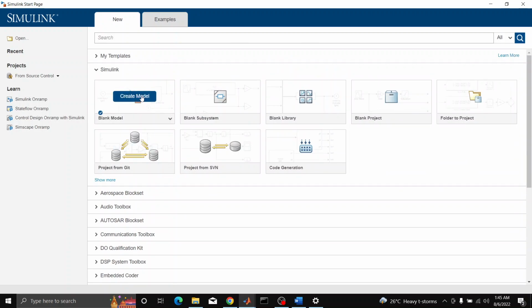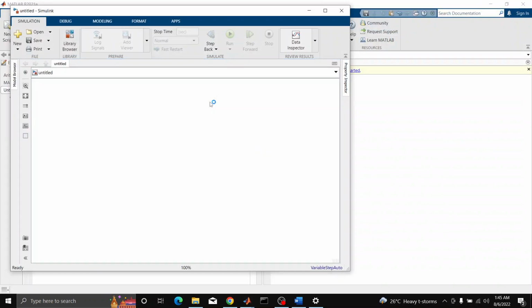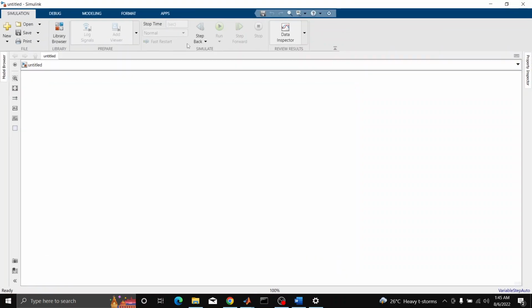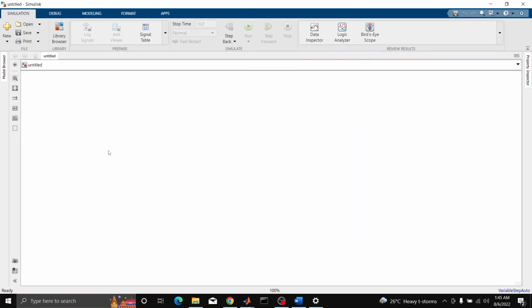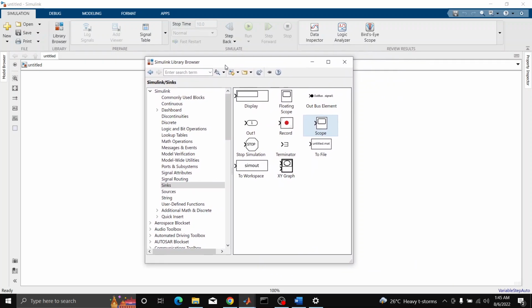To create a blank model, simply click on Create Model and it opens a page with this kind of interface. Here you can open any kind of existing model. You can put data inspectors, logic analyzers, bird's-eye scope, etc. To make your own customized model, you simply need to click on the libraries, and when you open the